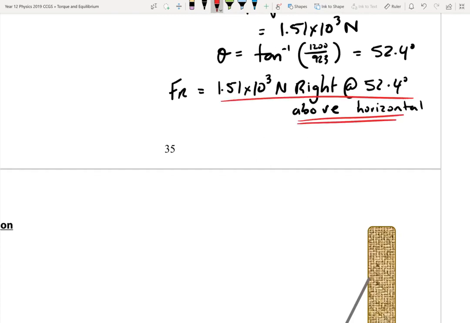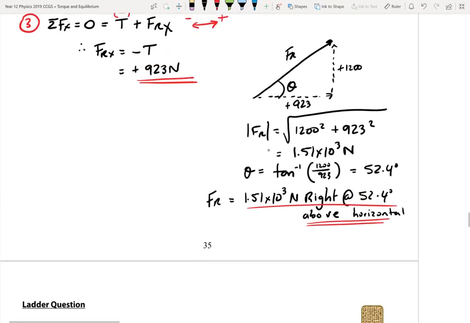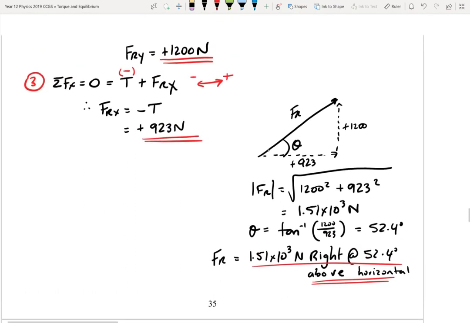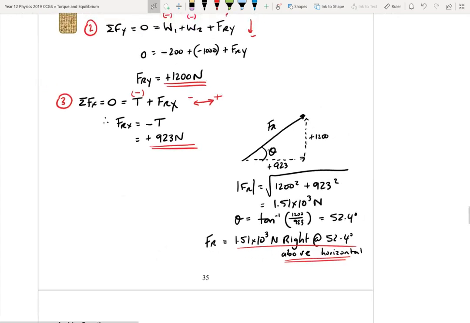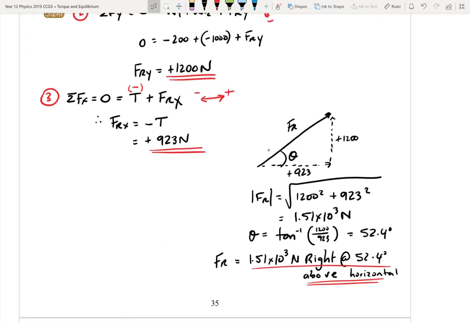Please do not just say 52 degrees above horizontal because there are two. There's one going right and one going left. All right. You could say out from the wall, but you can use the direction as given in the diagram. So if you have a diagram, right, left, up, down. Okay. Now, the reason why I should have put this question first is because it actually turns out to be a little bit easier than the previous question. Could we now go back to